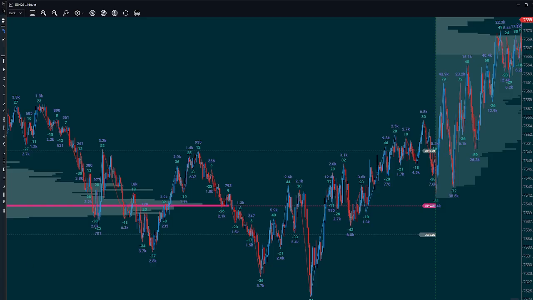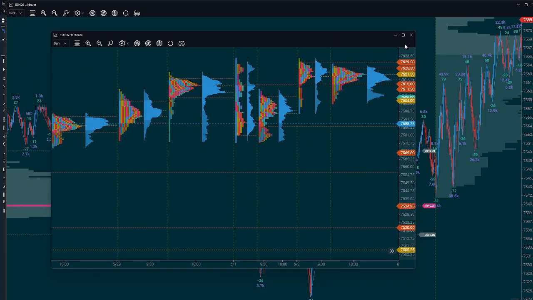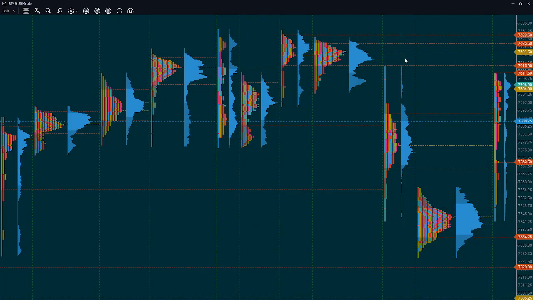If we look at the market profile here, we can see that price wasn't able to move above yesterday's value area low, stayed in the range, and then on